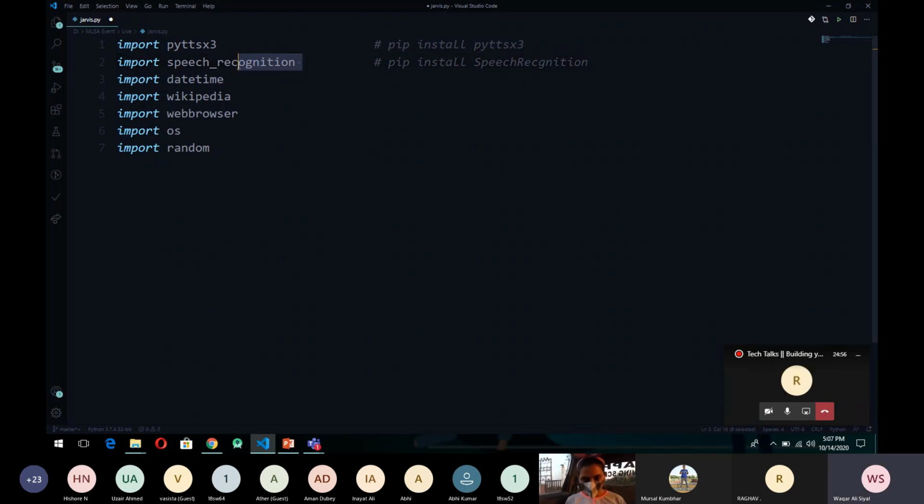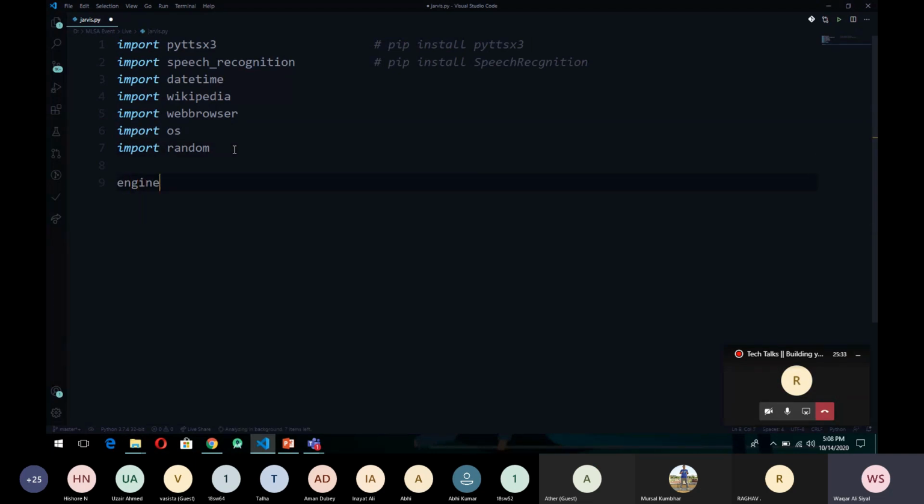In order to use these libraries, you have to install them by running these commands. The datetime library is used to get the date and time, Wikipedia to search from Wikipedia, and webbrowser to open any link, any website in it. And this os is used to interact with your operating system, and we will use the random module for generating a random number. So these are extra libraries which will help to perform tasks. The main function is done by these two libraries.